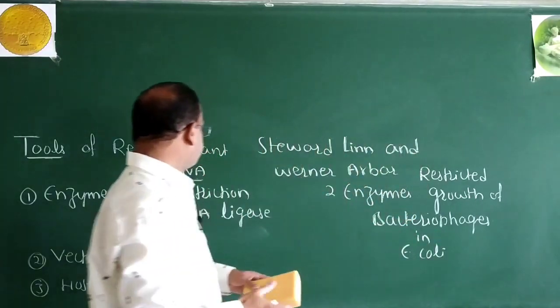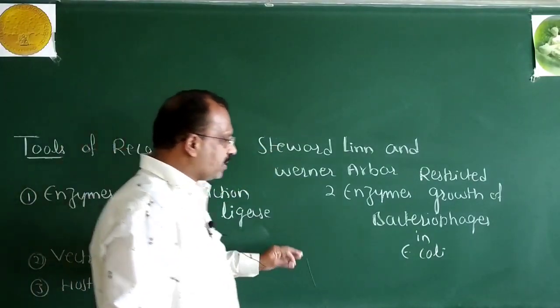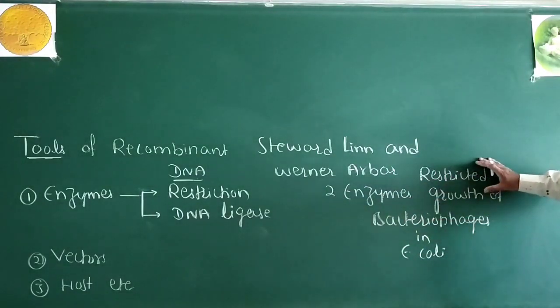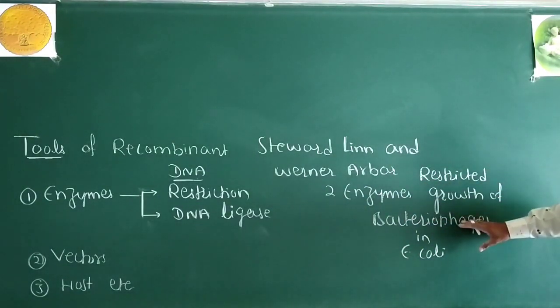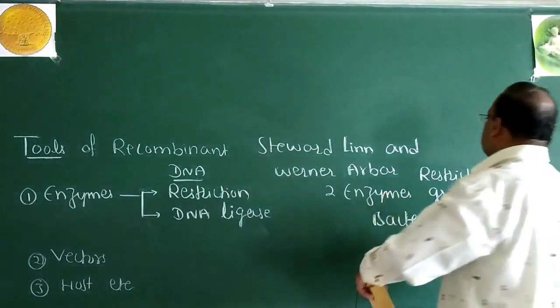Look over here. Stewart Linn and Werner Arber isolated two enzymes which restricted the growth of bacteriophages in E. coli bacterium. One will add methyl group